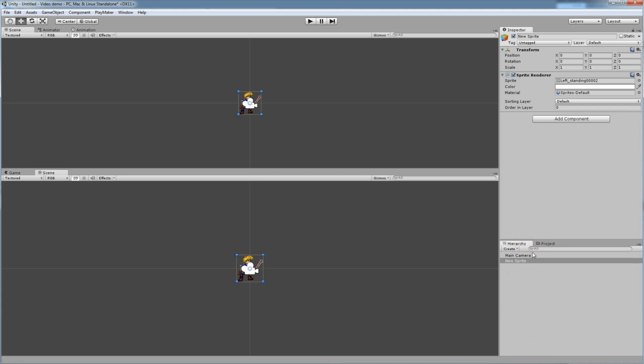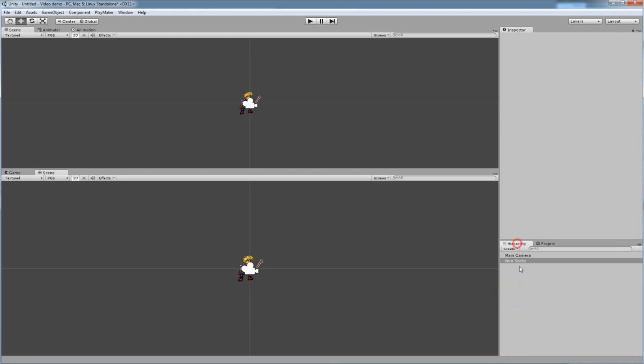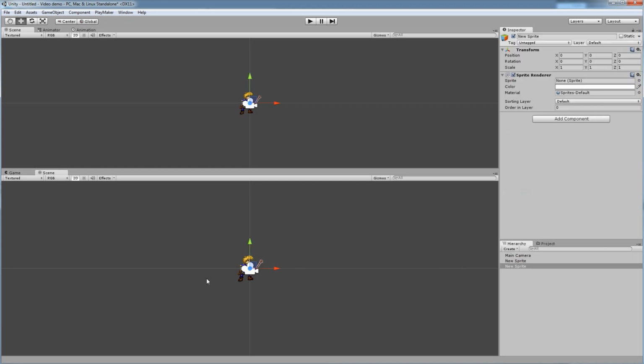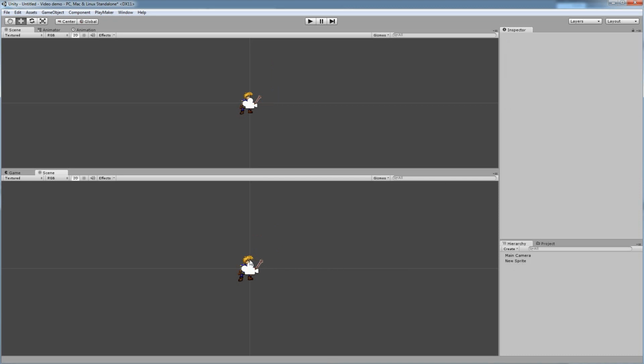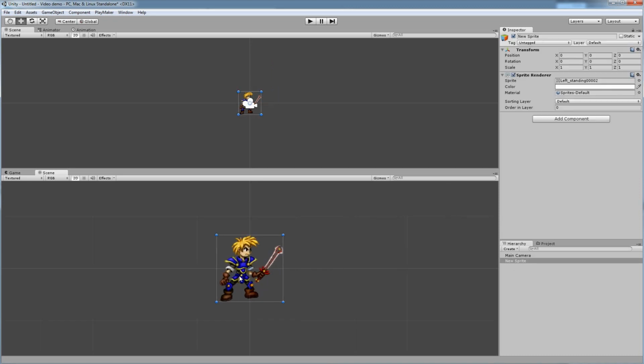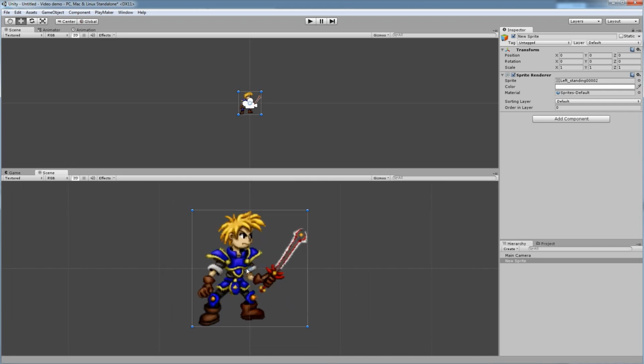If not, had I not been selected on that and I was just on nothing, it would have been a blank little cursor. So either option, I guess a quick demo, if I do Sprite, it'll make an empty little blank cursor. So it has none listed as the sprite. So let's delete that back out. I have this guy right here. If I zoom in, the camera has its own little icon that disappears when you get too close on the guy. Alright, so this is the sprite of left standing